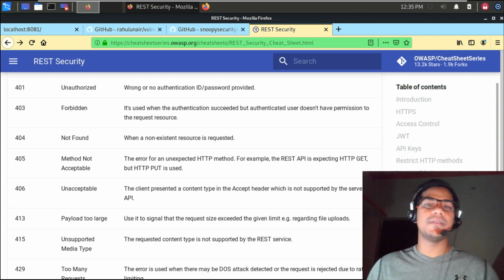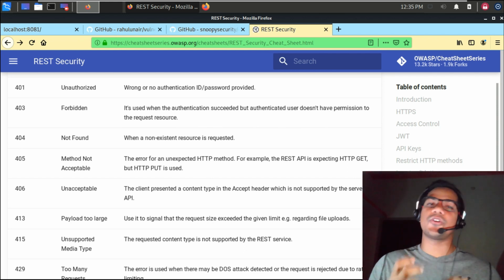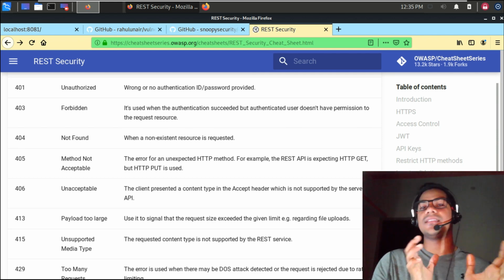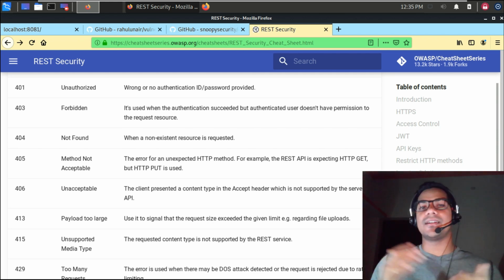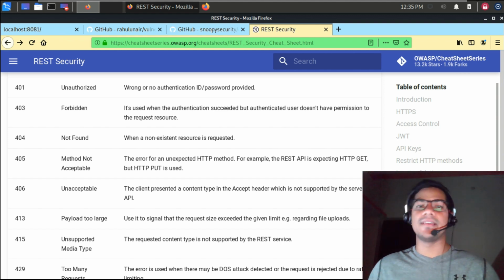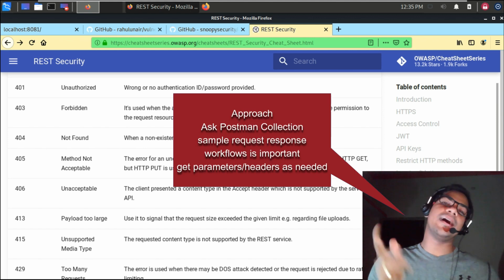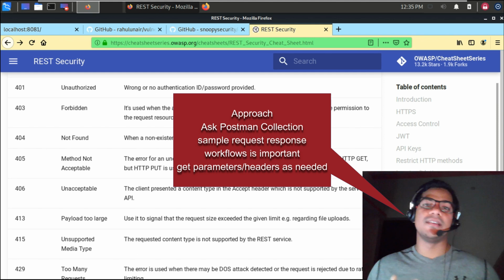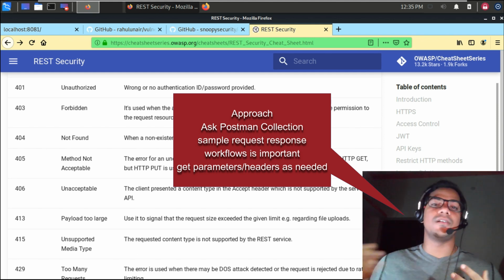While performing security testing on REST API, you need to have the documentation ready. Most of the time people think that once they get the endpoints, the different calls, they are ready to start performing security testing on REST API, which is not true. You need to have the documentation first to start testing on REST API, which will definitely help you. Then second thing is to ask for sample request and response, which will definitely help you,